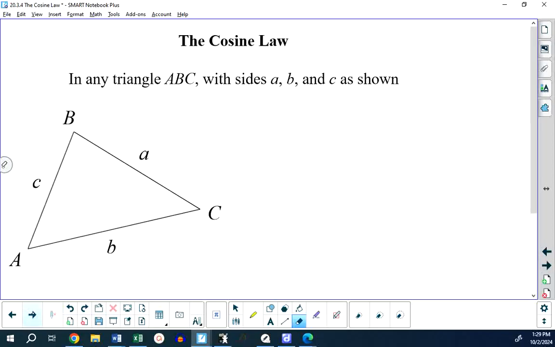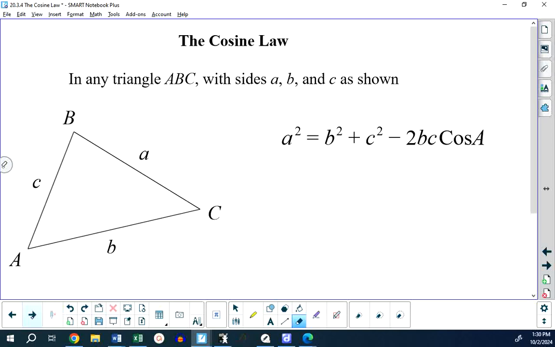So in any triangle ABC with sides a, b, and c as shown, the cosine law appears in two ways. One is this: a squared equals b squared plus c squared. It looks suspiciously like the Pythagorean theorem. The missing side squared equals the other sides squared and added together, but then there's this minus 2bc times the